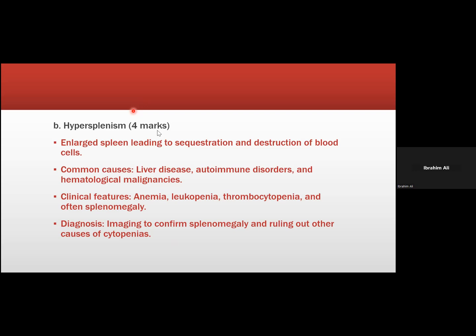The clinical features of hypersplenism can be anemia, just like the one of bone marrow failure: anemia, leukopenia, thrombocytopenia, and hypersplenism most of the time leads to splenomegaly. You can diagnose hypersplenism through imaging to confirm splenomegaly and not rule out other causes of cytopenias like bone marrow failures, and maybe also drug-induced